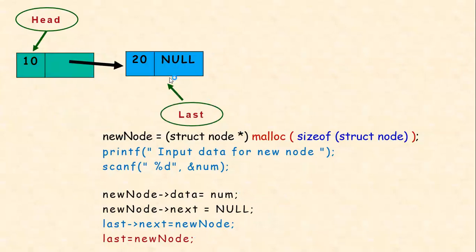See, a new node is created, and that new node is pointed to as the last node with the same code. Assume that I want to create one more node. The same code will be repeated. Okay, so definitely the same code will be repeated, which means a new node will be created, the value will be taken from input. You are assigning that value into the data part, and we are putting null into the new node's next, and you are making that new node the last.